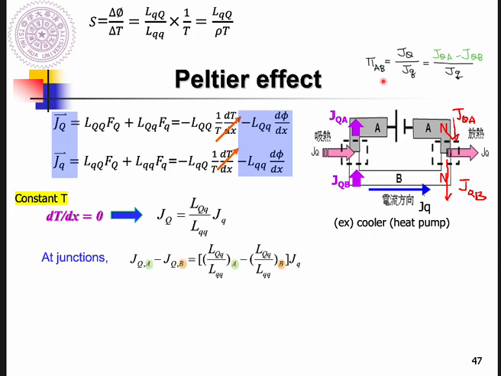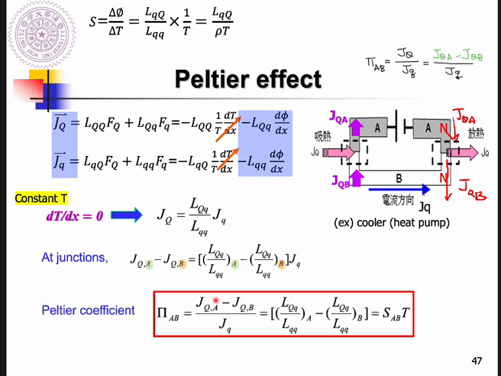You divide this term by JQ, delete this term, so you have this minus this one. So the Peltier coefficient can be written as this A minus this B. And if you look carefully here and combine with Onsager symmetry, capital Q small q equals small q capital Q. So you can write it as